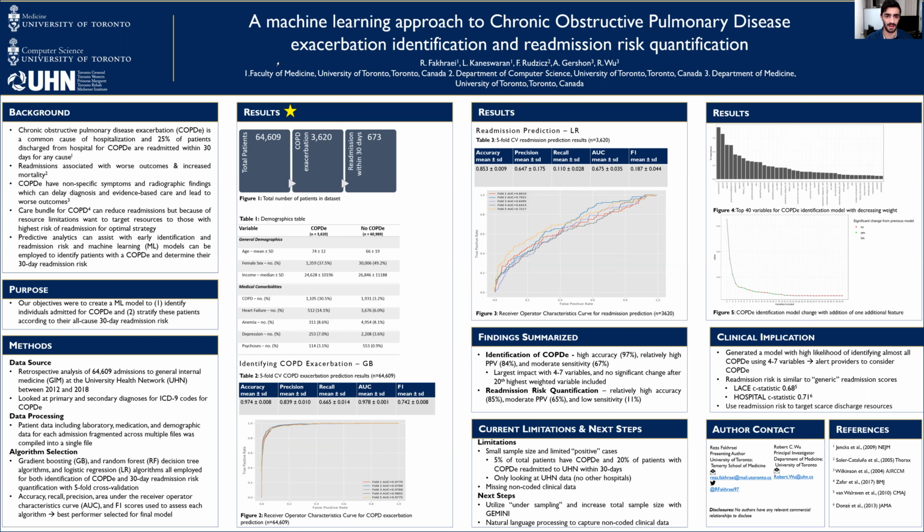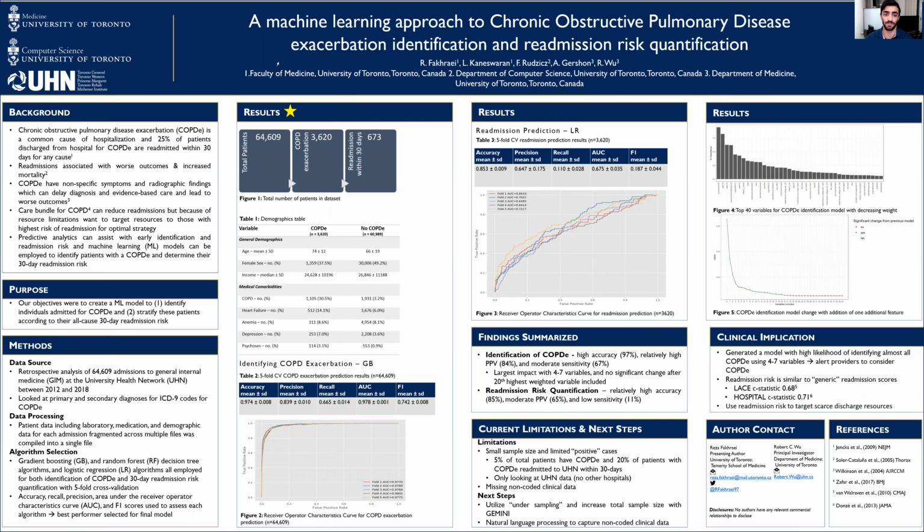Of the 64,609 admissions, 3,620 patients were admitted for COPD exacerbation, and 673 of these patients were then readmitted within 30 days for any cause. Table 1 is our demographics table, which is essentially showing that individuals admitted for COPD exacerbation tended to be older and they were more likely to be male, lower income, and were more likely to have certain comorbidities like heart